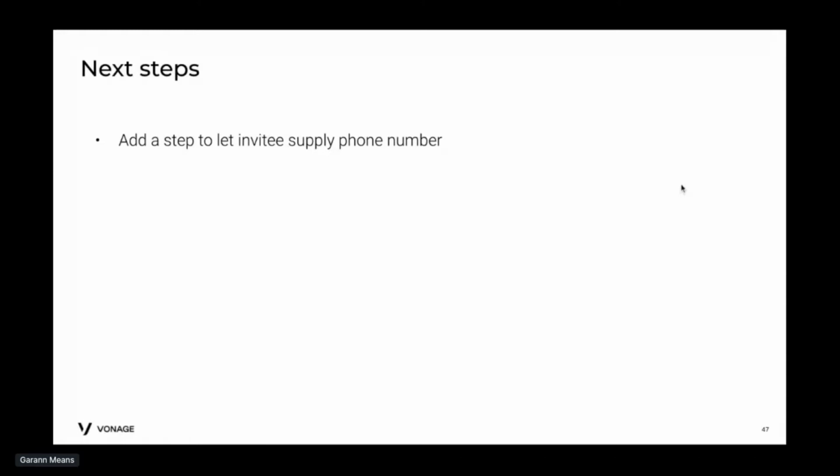Okay. And the next step, what you might want to do to move this towards something that you would go ahead and put into your own application would probably be to let the invitee supply their own phone number. That way,